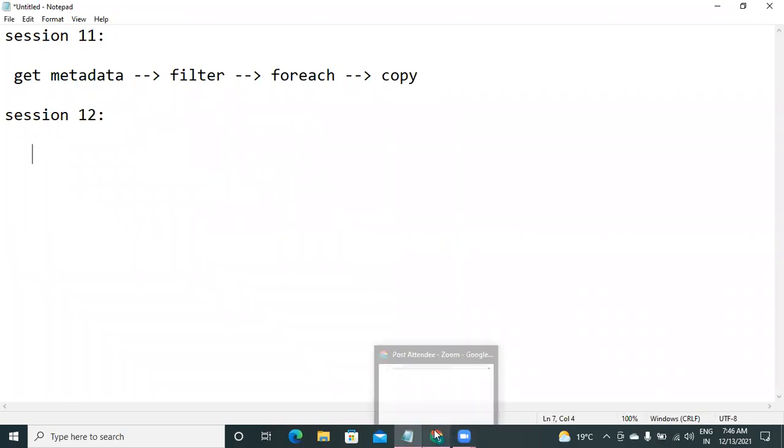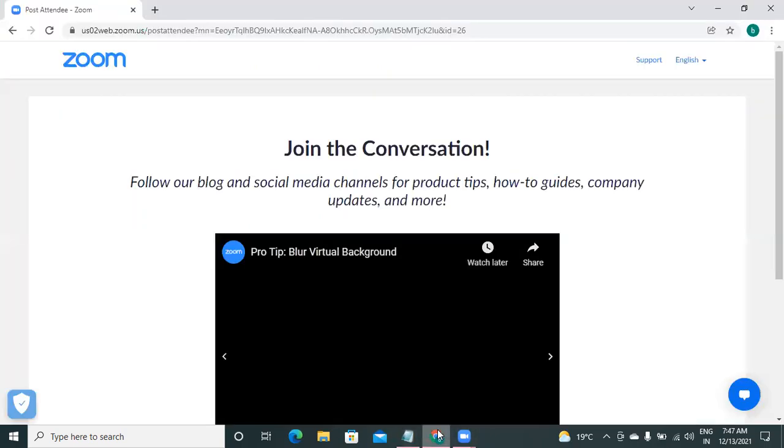Once this concept is completed, a few more activities will be there. In the next session, we will complete those activities. Then we enter into the actual part, which is ADF version 2. All these concepts that we have seen till now are available in version 1 also. Maybe tomorrow or the day after, we are going to enter into data flows. That is actually important, where our developer role will be designing the data flows. Okay, I'm coming to the Azure portal.